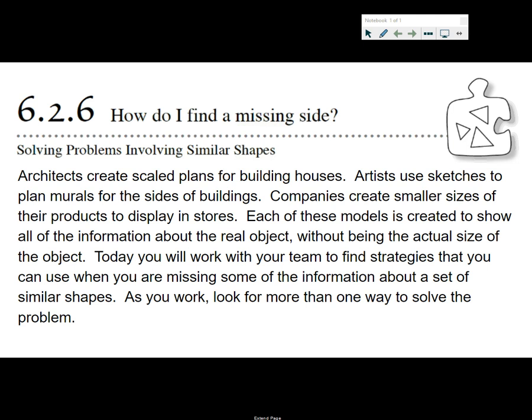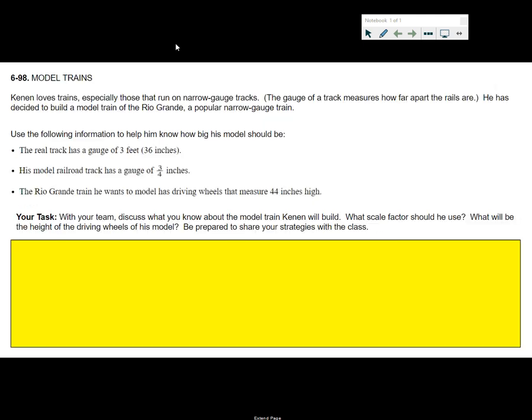of the object. Today, you will work with your team to find strategies that you can use when you are missing some of the information about a set of similar shapes. As you work today, look for more than one way to solve the problem. So this first problem says,